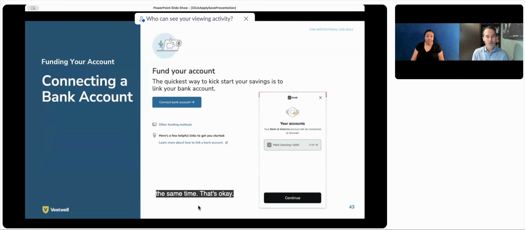So the first thing that you're going to do is put money into the account, and you can choose many different ways, as Lauri mentioned. You can send in a check. You can link one bank account or many bank accounts, or maybe a credit union account. You can use a promo code that you might have received from your local state ABLE savings program. There's a lot of different options to be able to put money into the account.